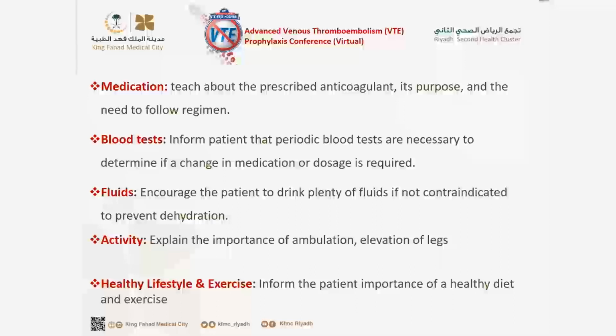Encourage the patient to drink plenty of fluids and explain to them why they need the fluids, unless, of course, it is contraindicated. Activity: explain to the patient the importance of ambulation, elevation of the legs, and doing range of movement exercises. And then, of course, the patient living a healthy lifestyle and exercising. So inform the patient about the importance of having a healthy diet and how they themselves can actually contribute to